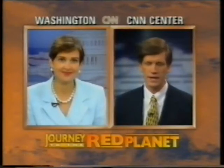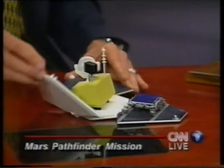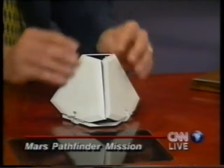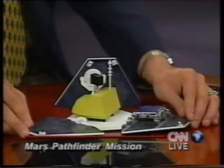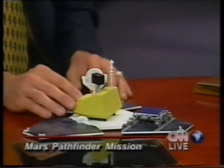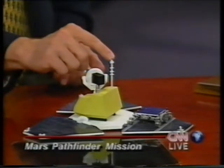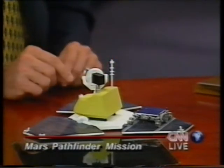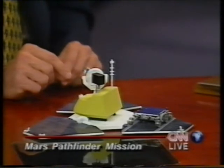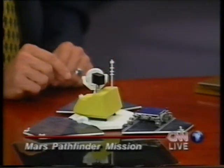Once that opens, what happens then? Well, I have a model here that I'd like to illustrate what will happen over the next day. Here is the lander, and it originally landed correctly straight up, which was wonderful. The petals will open after 2 hours. After it becomes open, then the low-gain antenna will send a signal out trying to locate the Earth, communicate with Earth. Earth will come back and tell it that it's